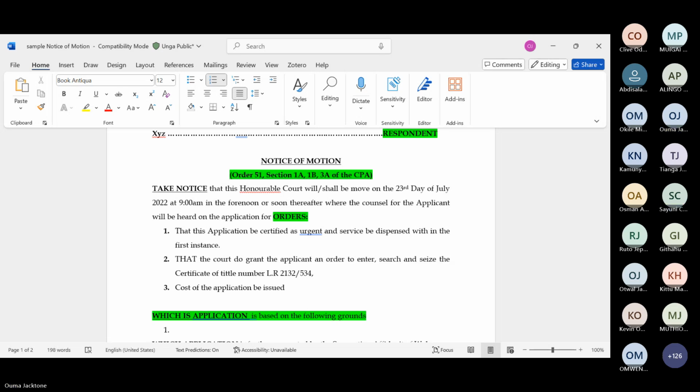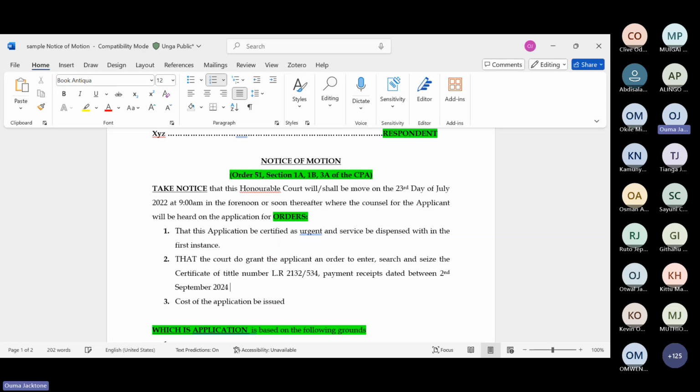Maybe payment receipts dated between 2nd September 2024 and 31st September 2024.